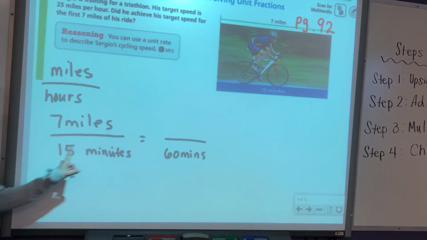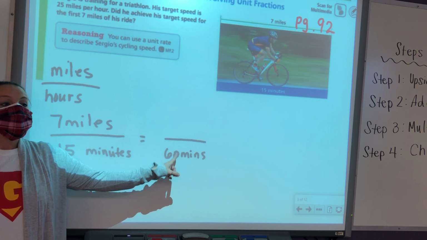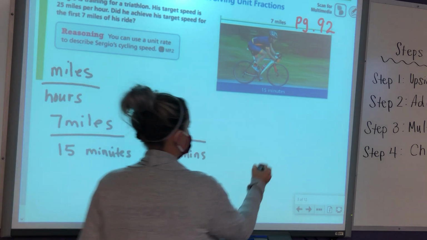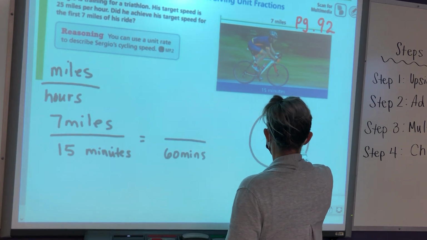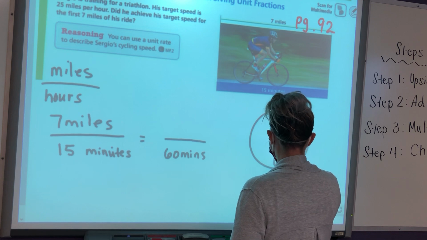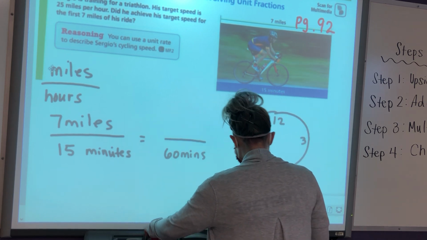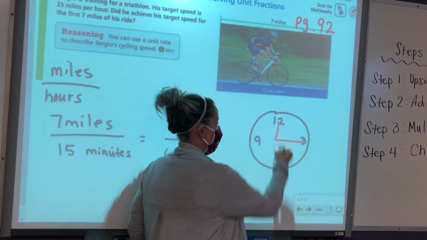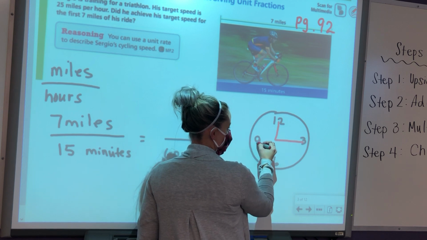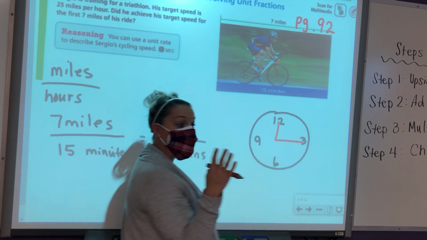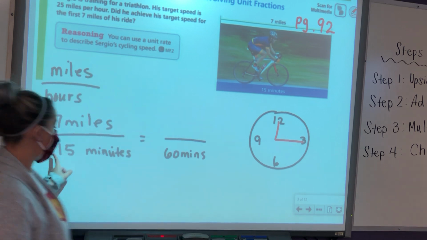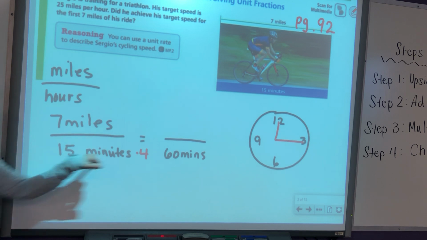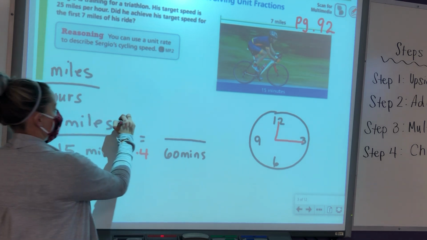Okay, how do I get from 15 to 60? You have to multiply. Look at the clock right now. 12, 3, 6, and 9. These are 15-minute increments, right? So 1, 2, 3, 4. So there are 4 15-minute increments in an hour. So 15 times 4 gives me 60. So if I multiply this by 4,